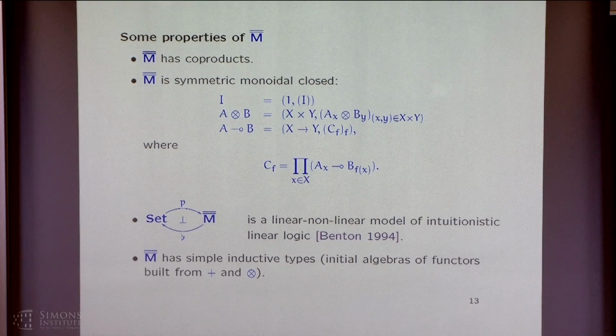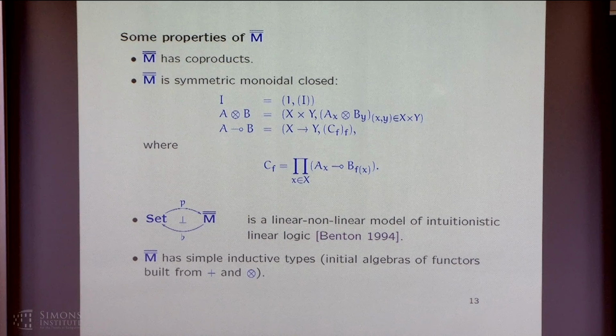In that sense, the parameters are the elements of the set X, and the states are virtual, right? They live in the object A sub X, but they're not elements, of course, because that's not a set. But we don't have to talk about states. We're talking about circuits, which are morphisms, right? We think of states as sort of existing, but yeah, we don't have states, but we have state spaces, okay?